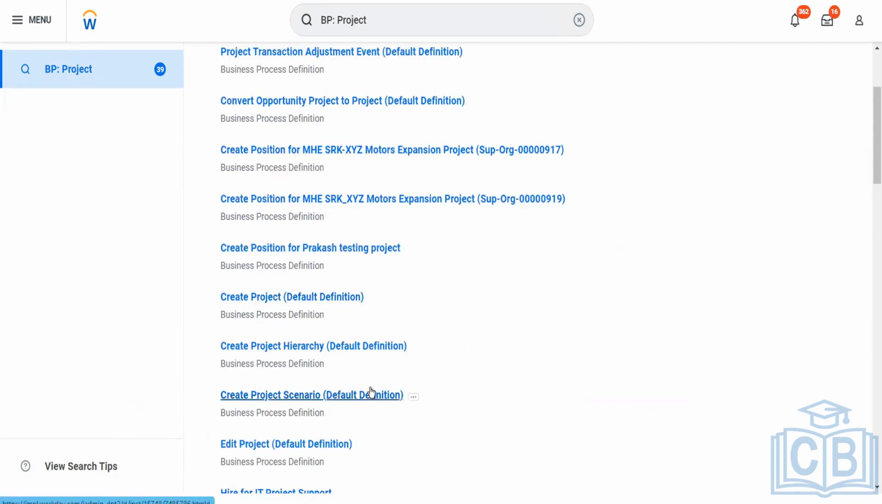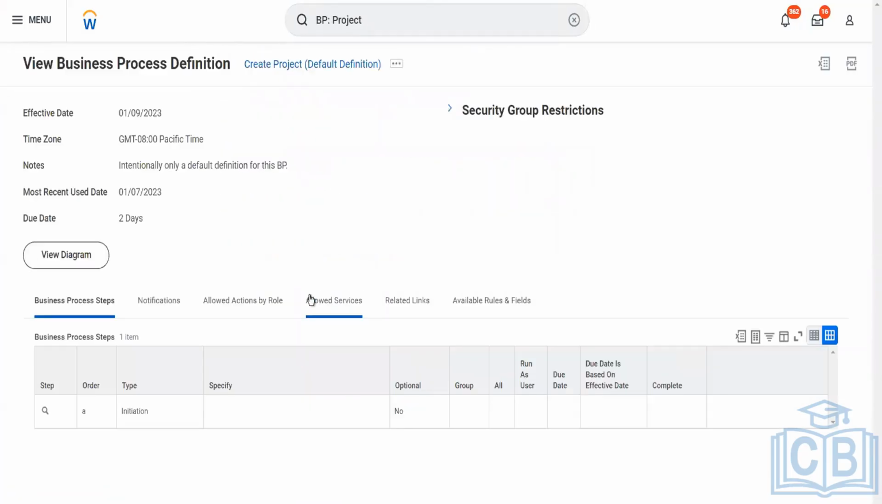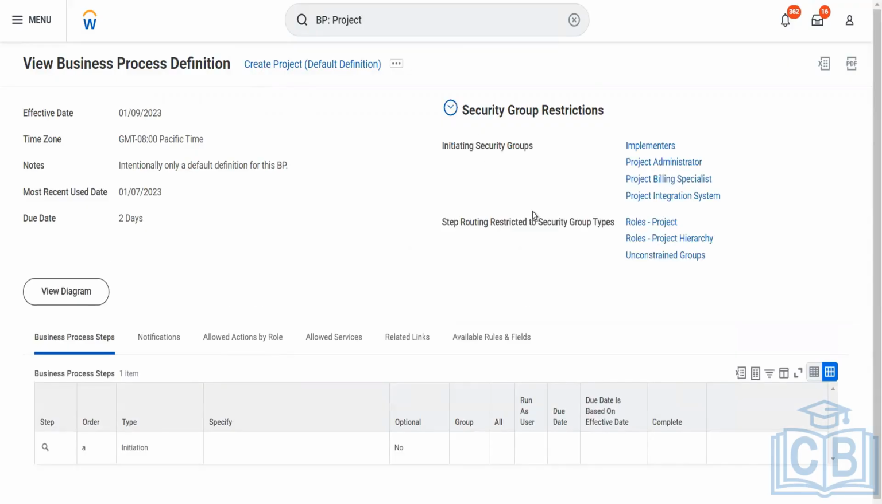Create project scenario, create project hierarchy, many more. It's a big list out here, but the main one is this Create Project. Here we just have one step. It's a default definition. If you look at the initiating security groups here, these are the people who can do this. They can only create this. That's the initiating security groups. Only these people. Now, if you look at the security policy,